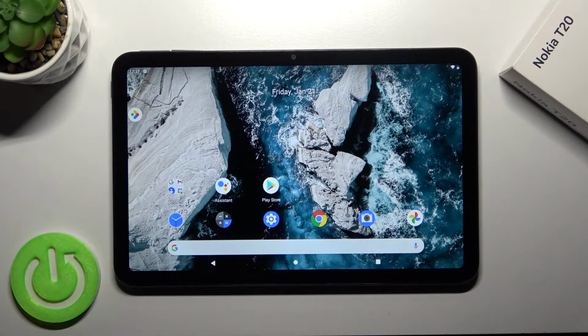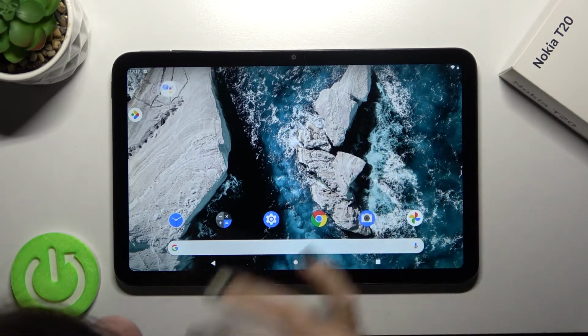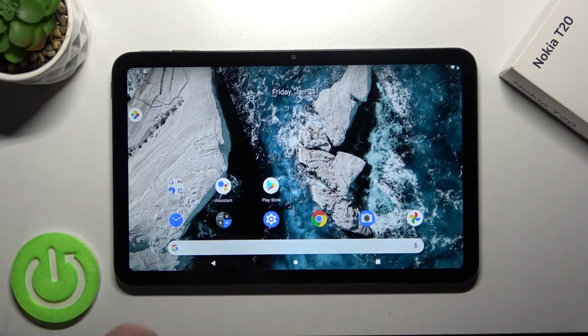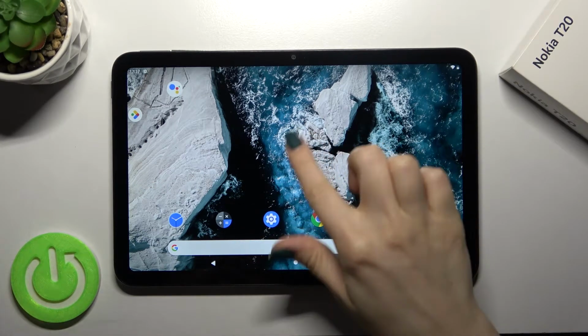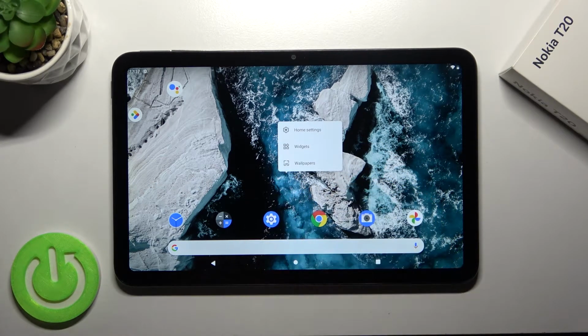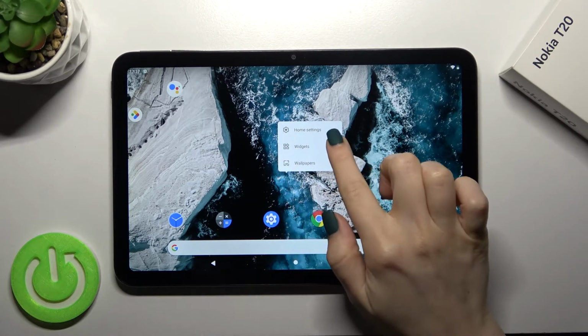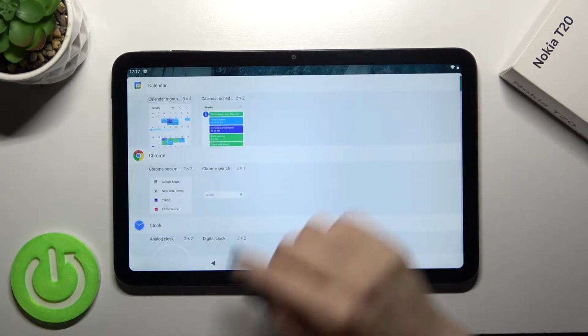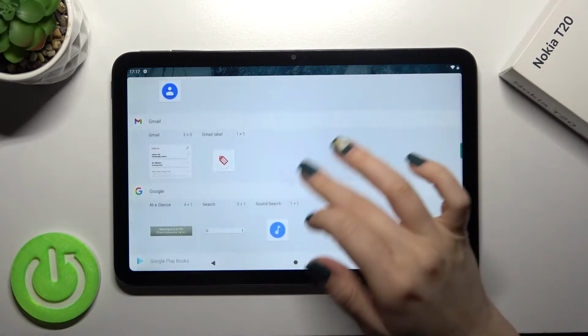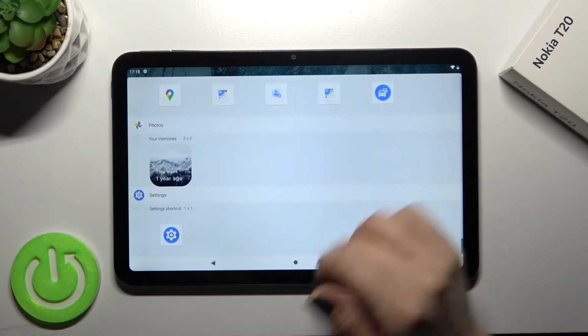Welcome. Today in front of me is the Nokia T20, and I'll show you how to add or remove home screen widgets on this device. First, you should select the screen where you want to add the widget. I'll go with this one, and now just hold your screen for a while, and here you'll see the widgets icon. Just tap there, and as you can see here, we've got all our available widgets that we can add